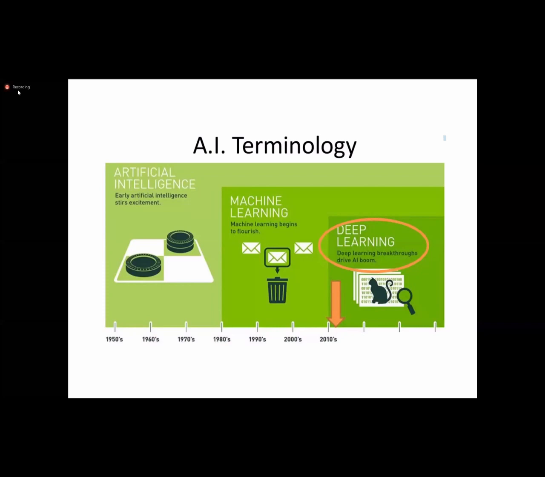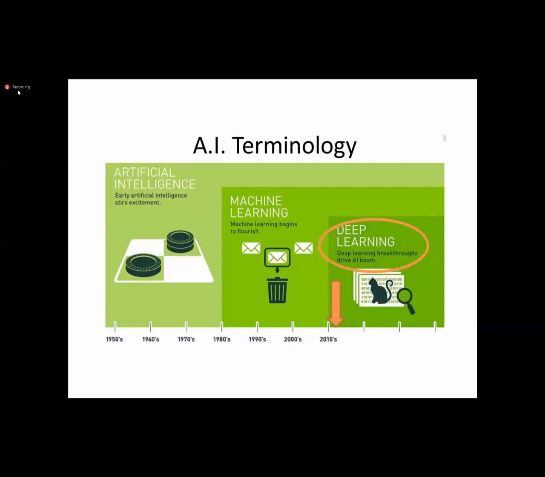So the 1980s is also known as the machine era, where each and every factory and company was trying to adopt more and more equipment, more and more auto-working machines, so that labor and costs could be reduced. So the era from 1980 to 2010 was known as the machine era, when machine learning came forward. Nowadays we have deep learning. Deep learning has basically given a breakthrough to AI that gives the boom.